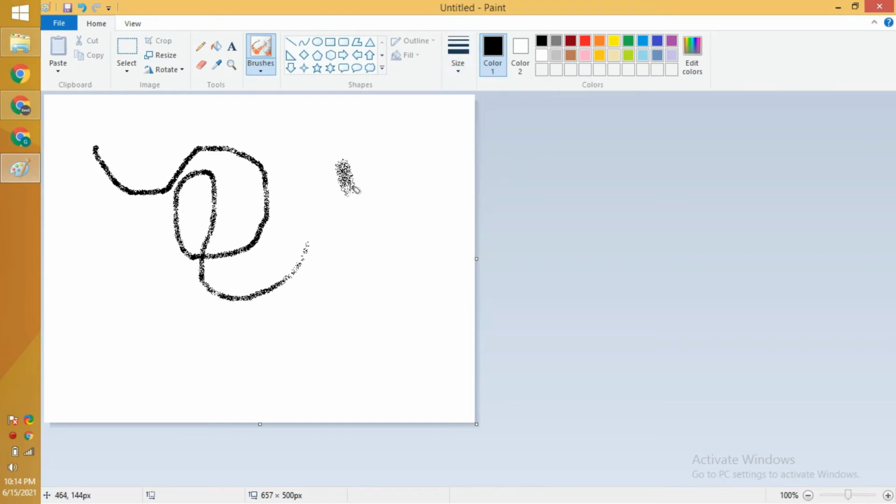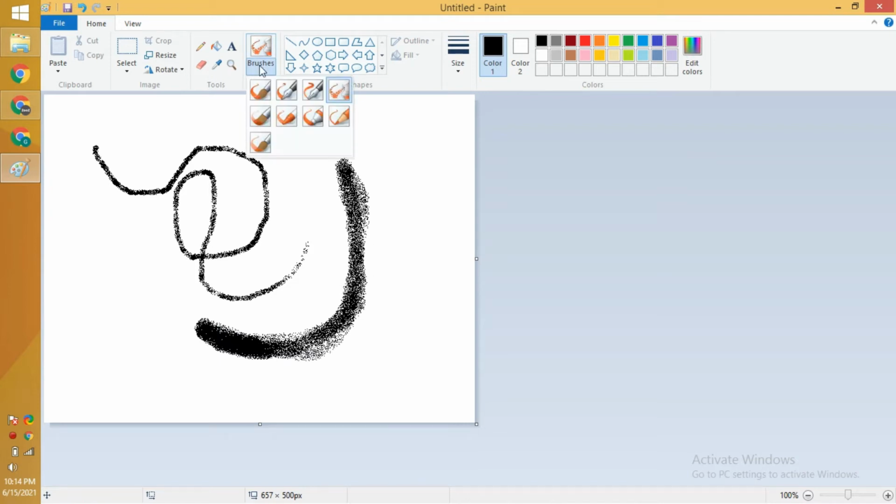So friends, I want to select this one, and you can see I am just dragging and my brush is working now. As I move it again and again, it will paint again and again, and it will come up with a solid color with 100% opacity. So friends, you can see this was called the airbrush.